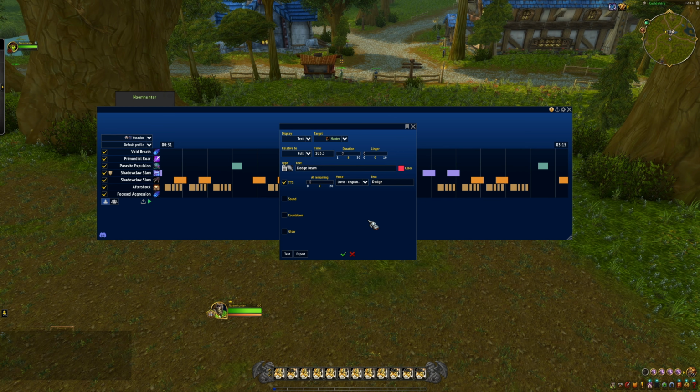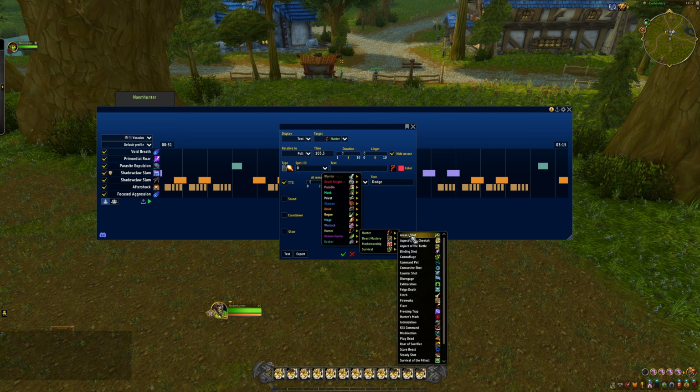And generally, if you are confused about any of the options shown in this window, you can just hover your cursor over them to see what they do. If instead of just some text, you want to create a reminder to use a spell, you can click the fireball icon here, and that turns this into a spell reminder rather than a text reminder. It gives you a nice little drop down to select a spell. We're a hunter, so maybe we'd like to make a reminder for Aspect of the Turtle,